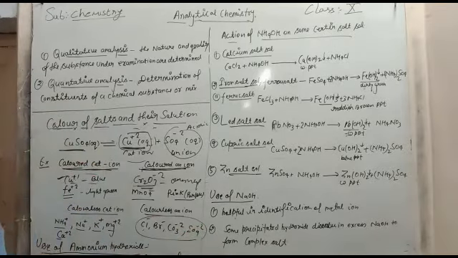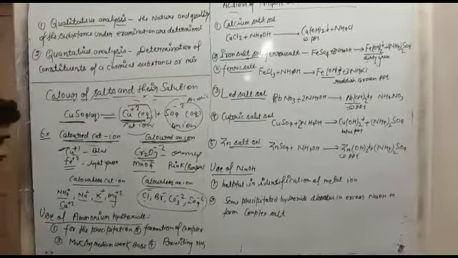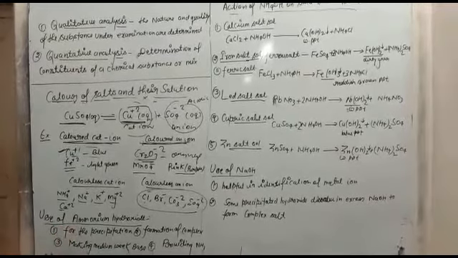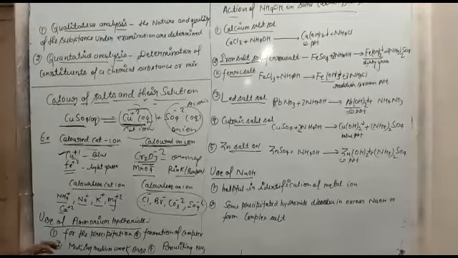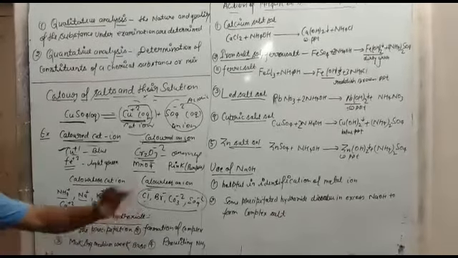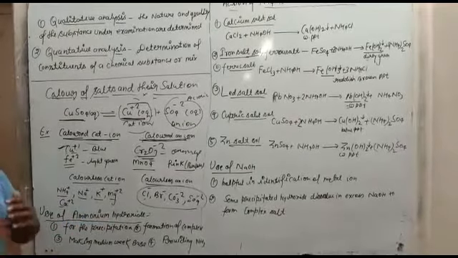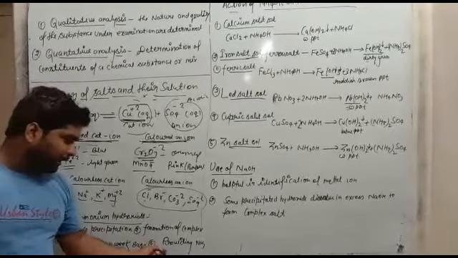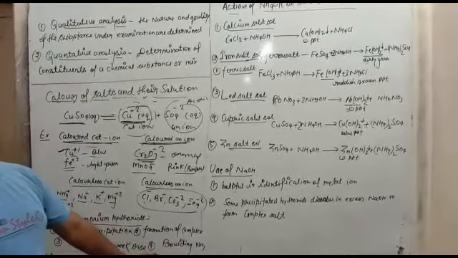Okay. Now the next topic is the use of ammonium hydroxide in analytical chemistry. Basically we use ammonium hydroxide first for the precipitation of salts. Second, formation of new complexes. Third, making a medium weak base, that means you can use ammonium hydroxide for the formation of a medium base. Fourth, providing NH3. By using ammonium hydroxide, you can generate ammonia gas.